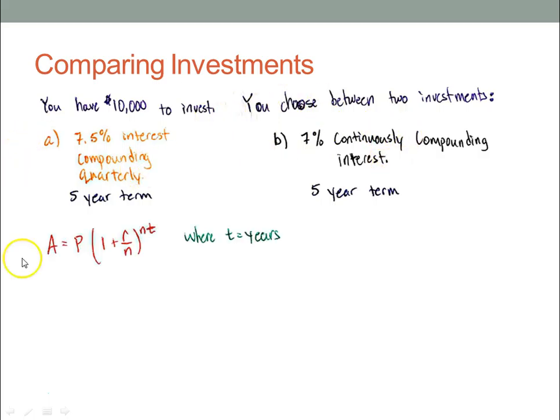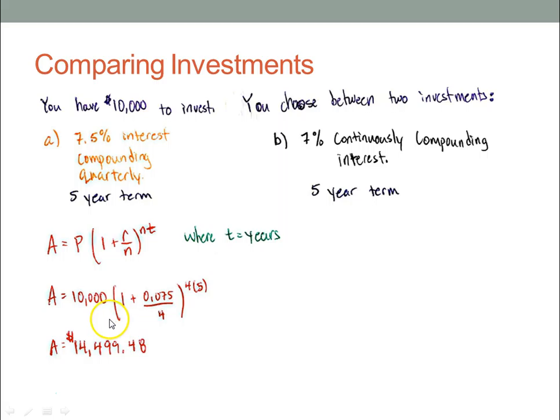So let's do the work. So we use our periodically compounding interest formula, and we plug in the values. P is our principal, which is 10,000. Our interest rate here is, again, expressed as a decimal. Now, this is the most common mistake that I see, is when people do not write this as a decimal. Now, they'll just do 7.5, and you'll end up with a gigantic amount, because what you're doing is you're multiplying at an interest rate of 750% if you don't convert this percent into a decimal. So make sure that you're converting the percent to a decimal. And here, of course, when we plug this in, we get